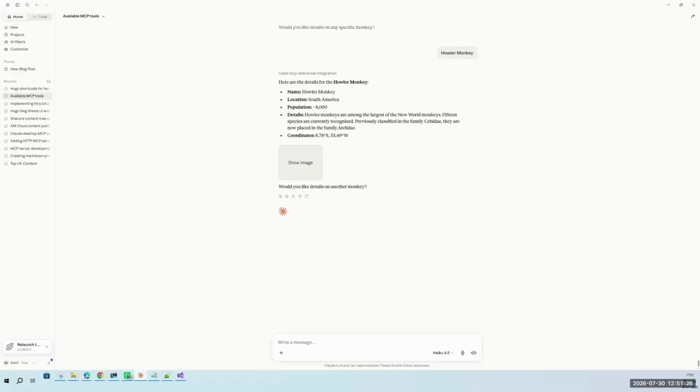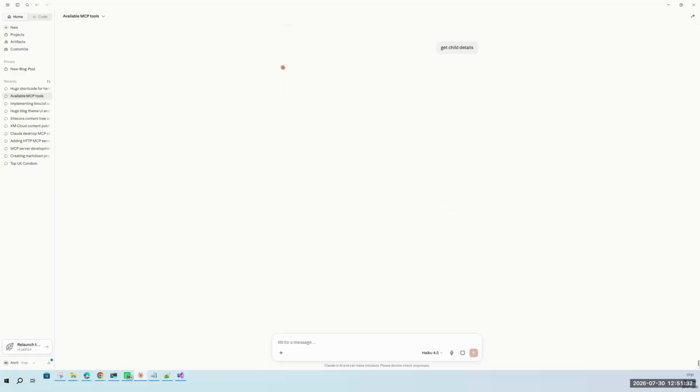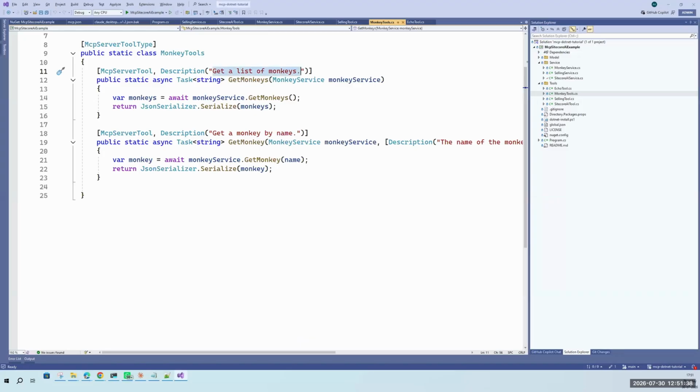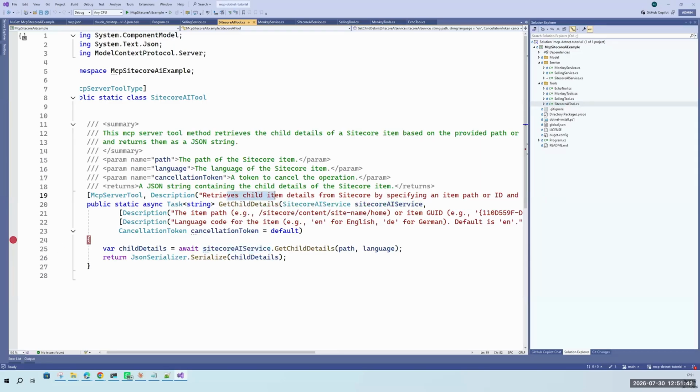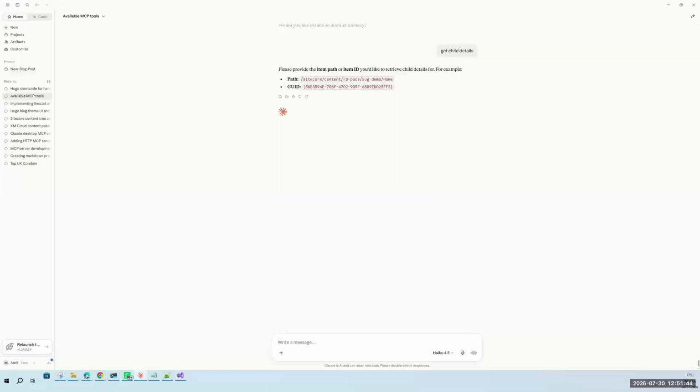Now suppose I say get child details. As I was explaining, whatever description you have added should be self-explanatory. That's why it automatically gives me the example also, which tools or what parameter is required, what is the path and what is the GUID format.